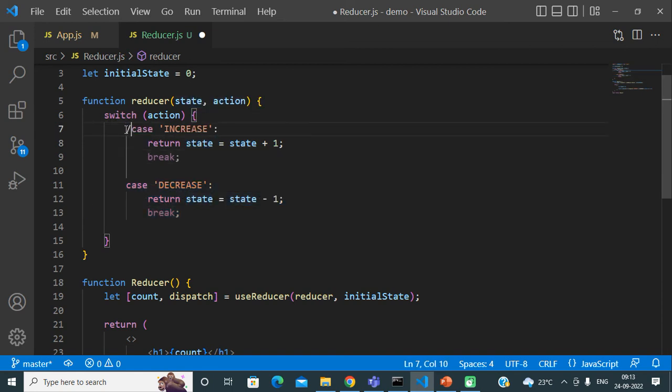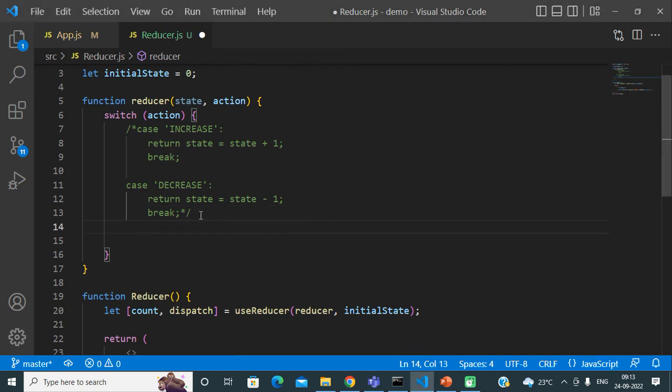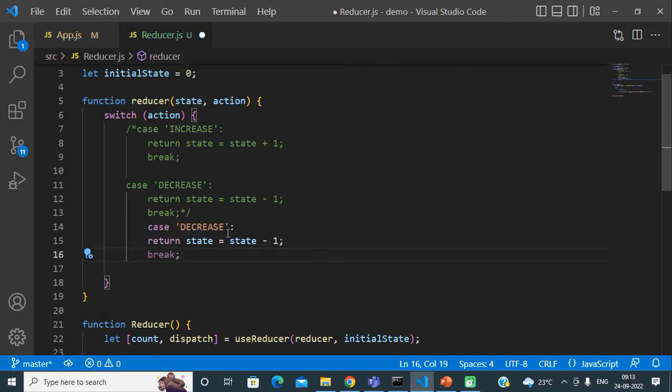Let me comment this code because we are now only going to use one action. Let's say this action is custom, a custom action.